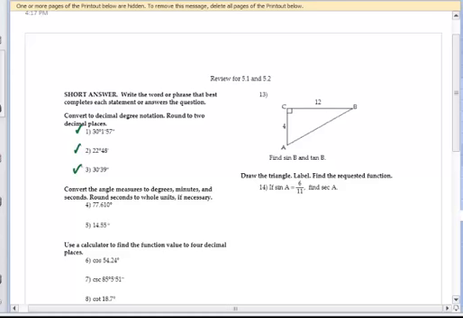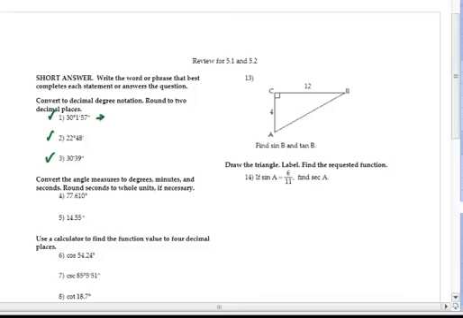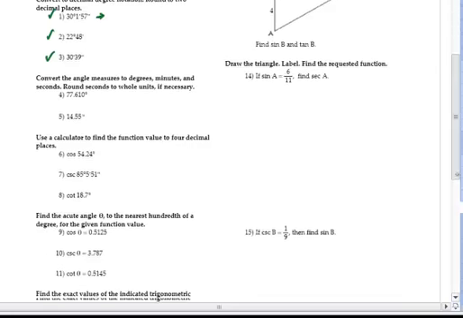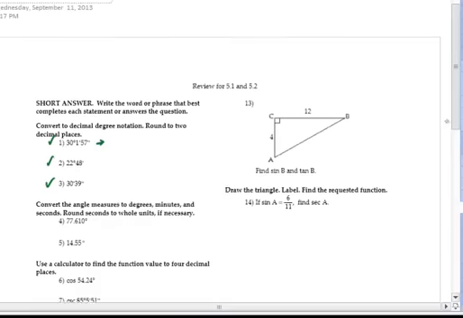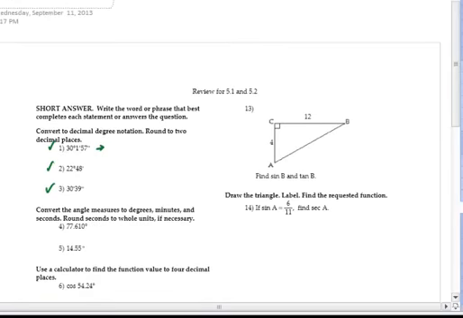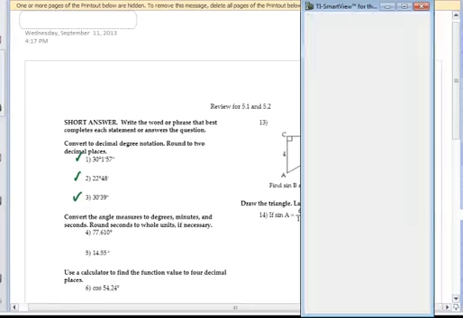Basically, we want you to convert to decimal degrees, so just remember on your calculators. I'll do this one, and the answers are also provided at the end of the review that you had the link for. The answers are all on the second page of that review that you print out, in case you haven't noticed that. So what I'm going to do for the first one is I'm going to use my